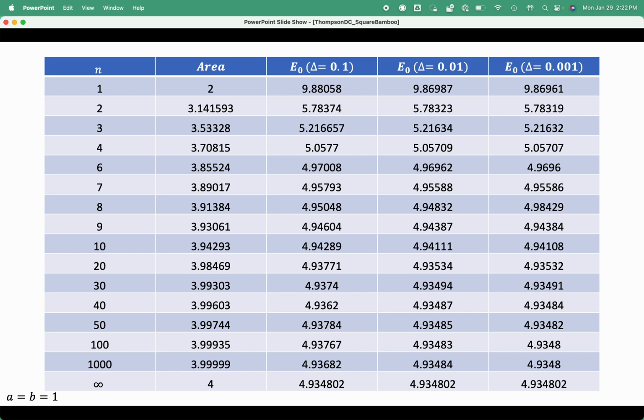A couple of things to notice for this choice of parameters. As n tends to infinity, we are making the defining region more and more like a square. So we see the area of the square being 4 units for n equals infinity, while for n equals 1, the rhombus, we have an area of half of that. Notice also that for n equals 2, the area looks a little like pi. Not surprising when we recall that for n equals 2, the region defined by the superformula is a circle. As n tends to infinity, the area converges on that of a square of side 2.